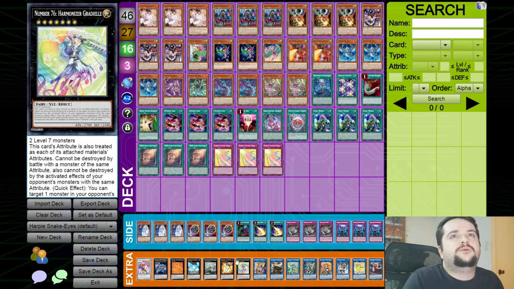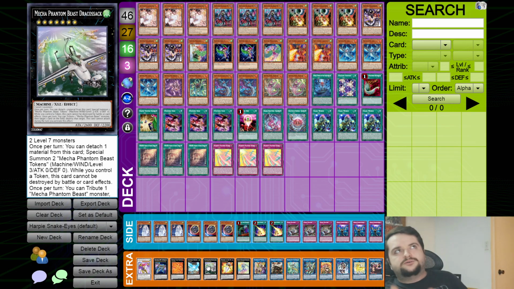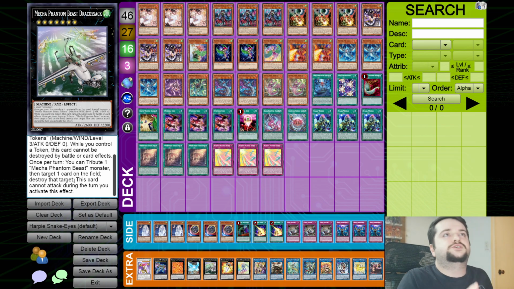Then next we have 3 rank 7s. Now, it might seem like an odd lineup for Harmonizer Gradiel to be part of this, but it's actually great. Dracosac doesn't really need an introduction, but in case you don't know, if you detach material from this card, it special summons 2 Mecha Phantom Beast tokens. While you control a token, this card cannot be destroyed by battle or card effects. And if you tribute a Mecha Phantom Beast monster, which includes the tokens, you can target a card on the field and destroy it. This card cannot attack the turn you activate that effect, but that's okay, because most of